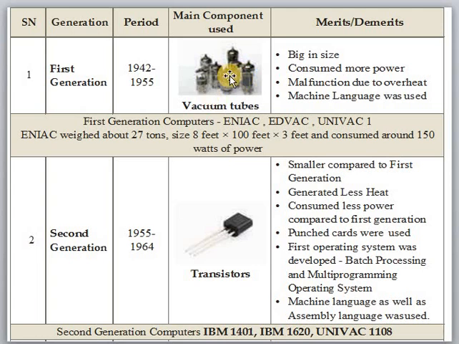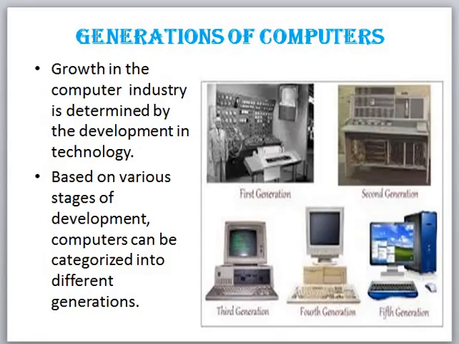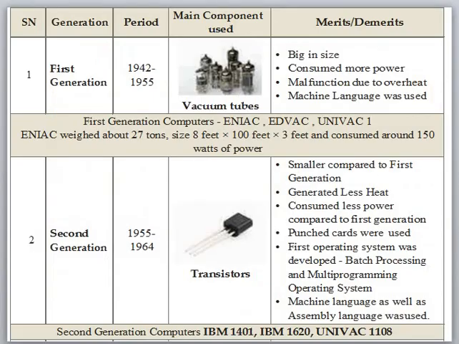And this is a picture of a vacuum tube which is used in the first generation computers. You see, a single vacuum tube itself is a big one, and this is a single component which is used inside the computer. If that is going to be this big, your computer size is going to be very big. The first generation computer occupied an entire room. See here, big in size, that is a demerit.